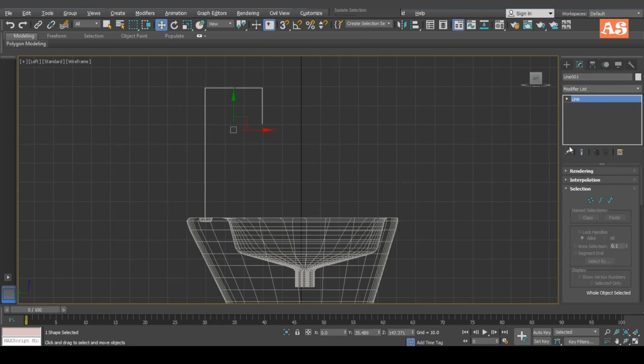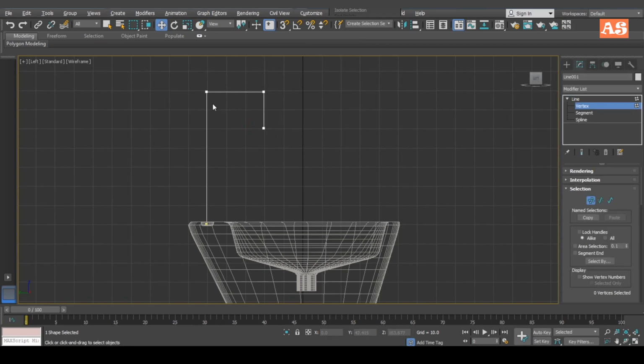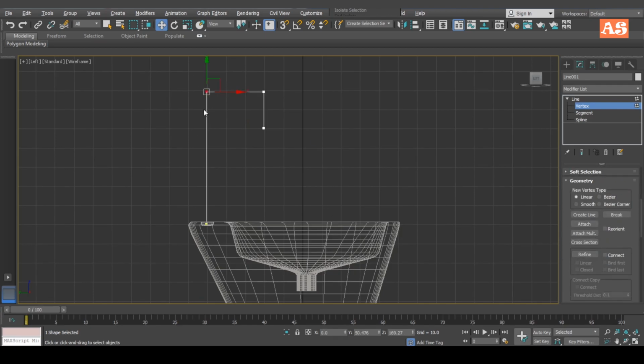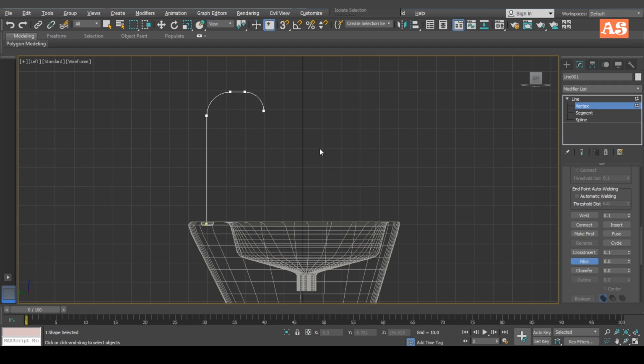go to modify panel, select the vertex which you want to smooth or fillet. I'm going to fillet this one. Fillet command is here, so just click and drag. It will smooth the edge like this. Okay, now I don't need this vertex, so I can delete it,